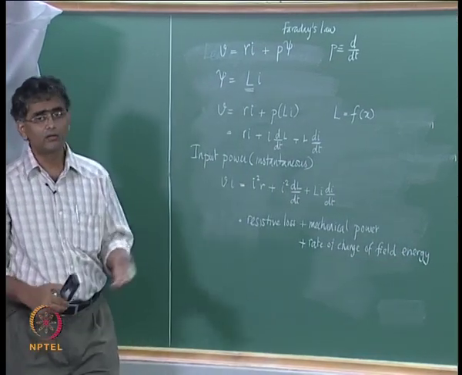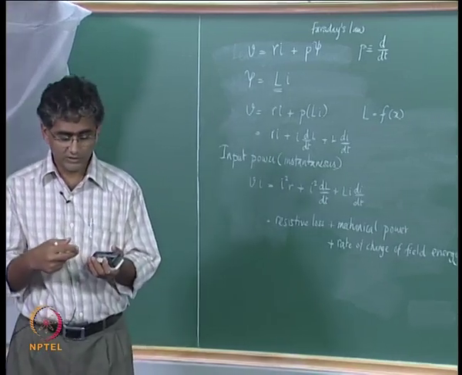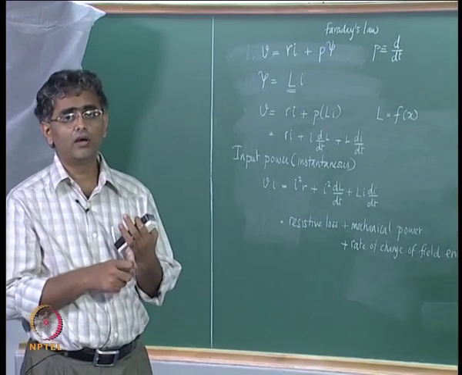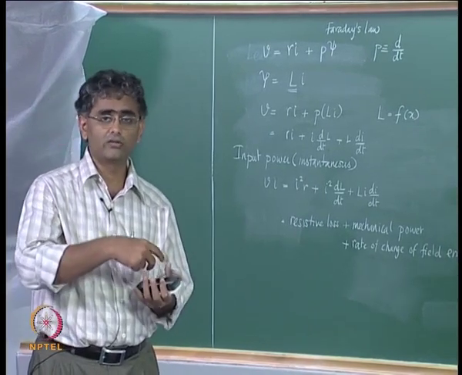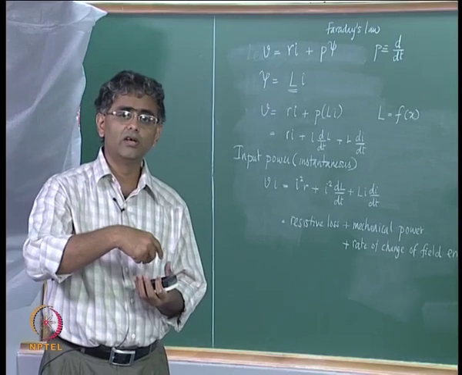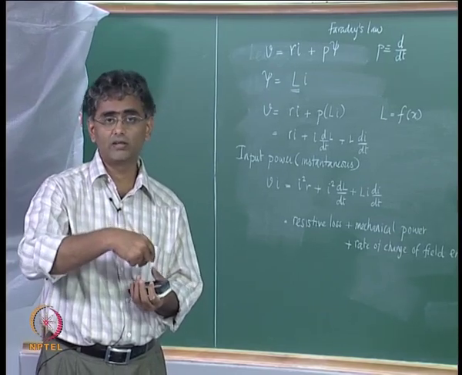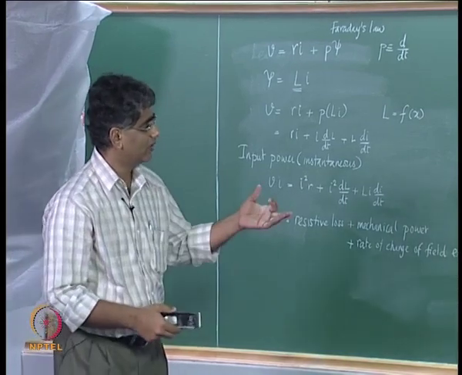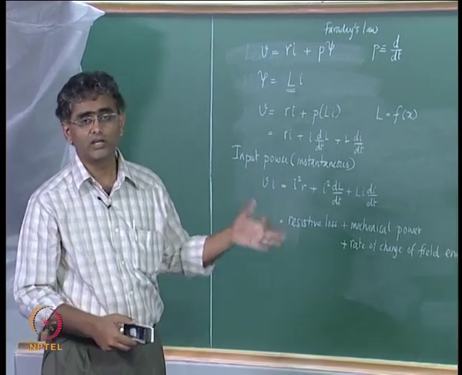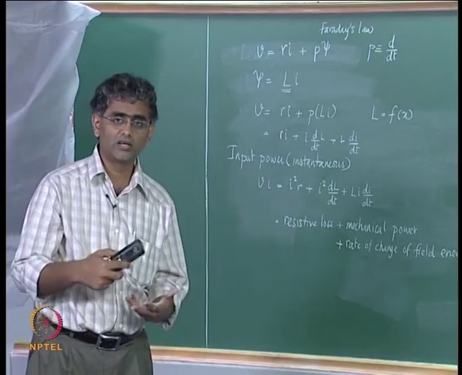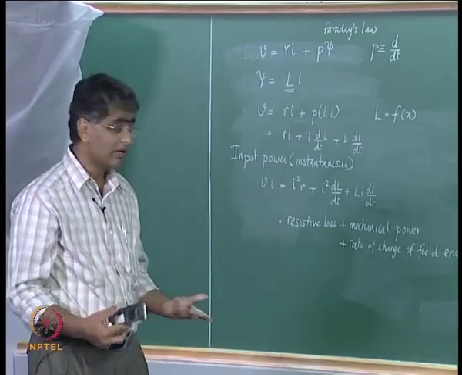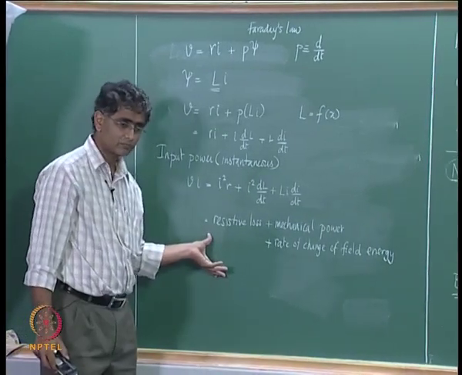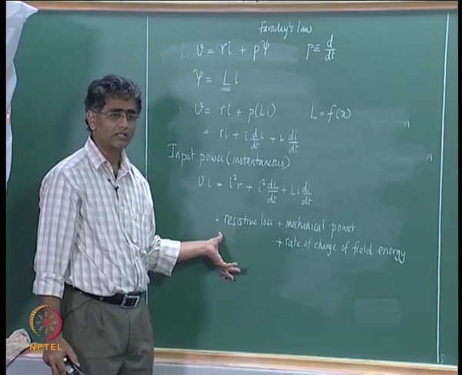If the iron is a non-ideal iron, where iron normally has hysteresis loss, then as the field increases and decreases, it will not retrace the same path back, and there is therefore a hysteresis loss in the iron. Apart from that, if the field changes in the iron, eddy currents are set up, and therefore eddy current loss will be there. All that will also come into this, but for this analysis let us neglect